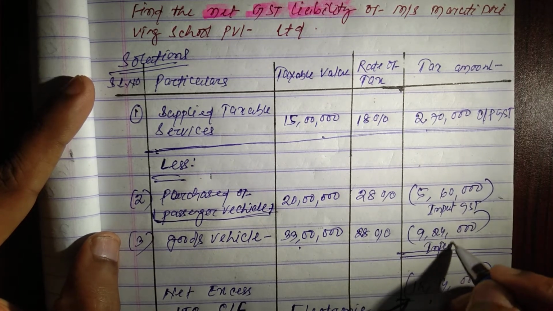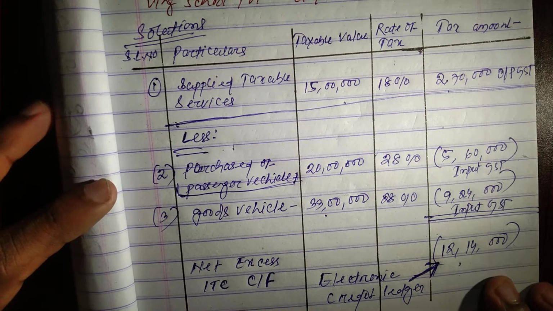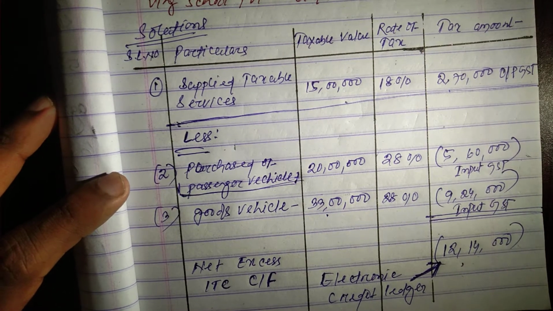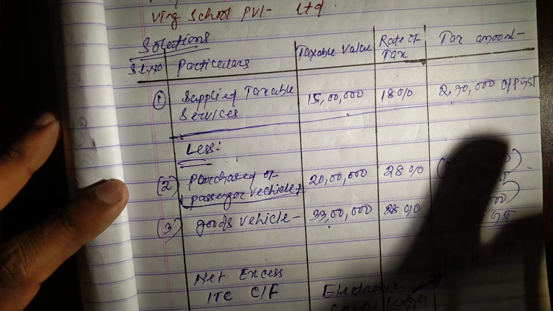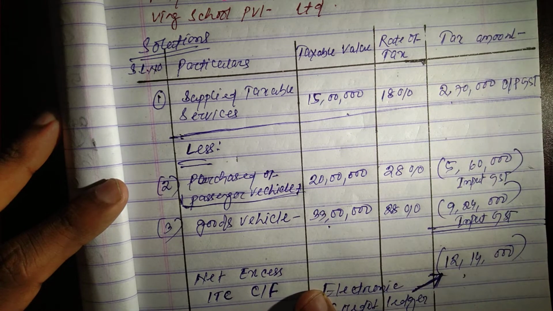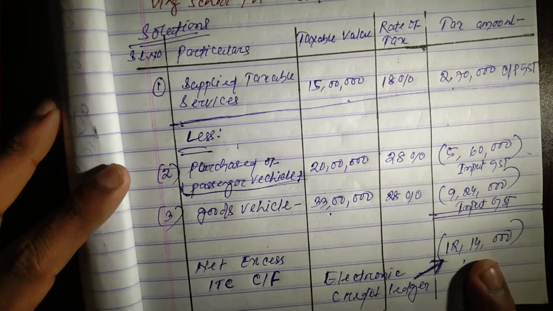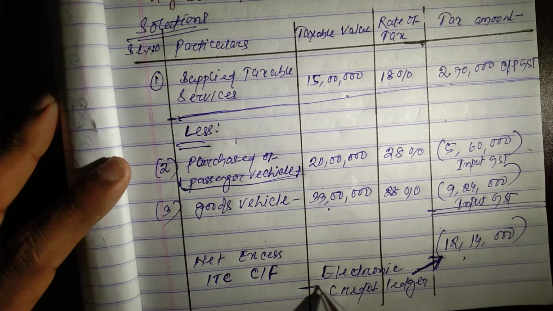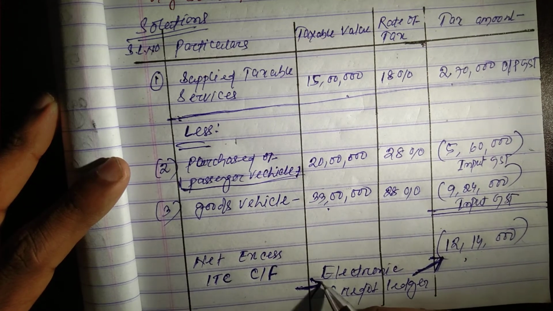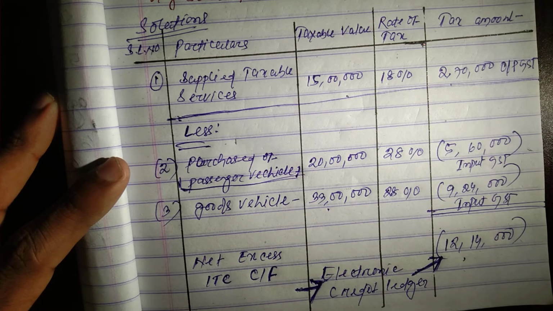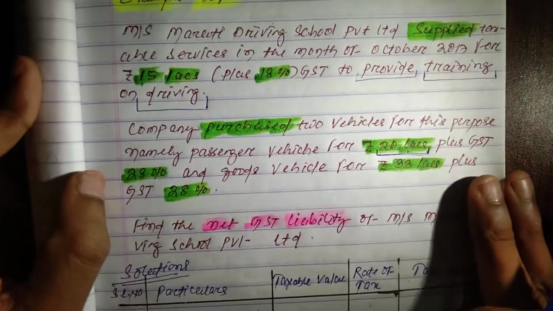Then another goods vehicle purchase 33 lakh 28% GST rate and the input GST is 9,24,000. Okay, now in this case there is excess input tax credit. After set off with output tax, net excess ITC that should be carried forward is 12,14,000 and it will be shown in the electronic credit ledger, as balance of excess ITC. So this is it, all about calculation of input tax credit and